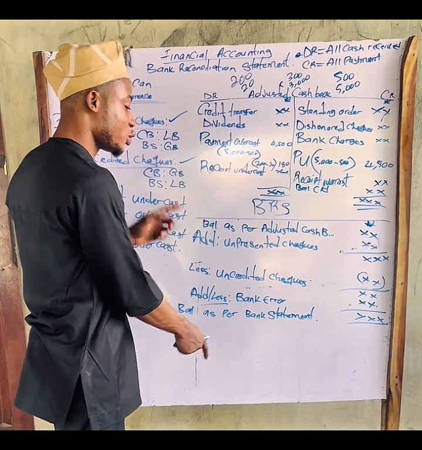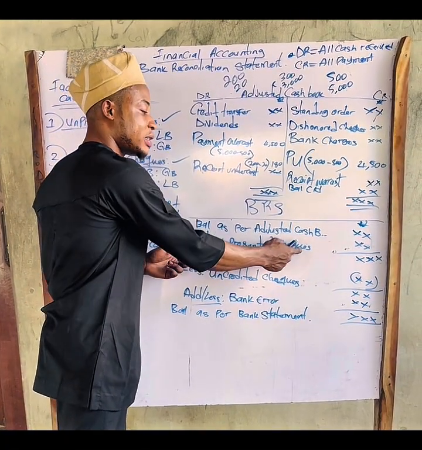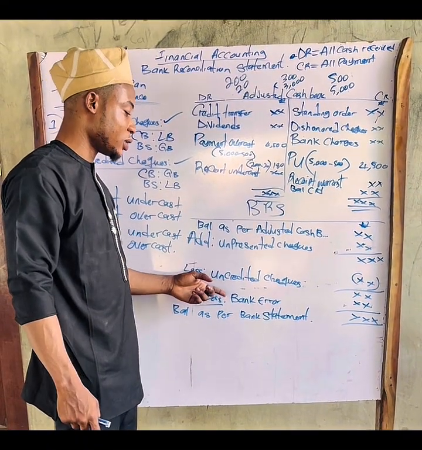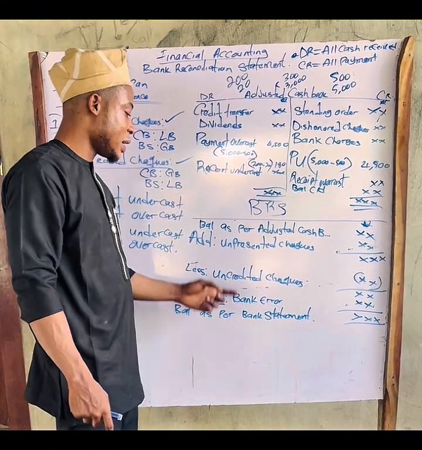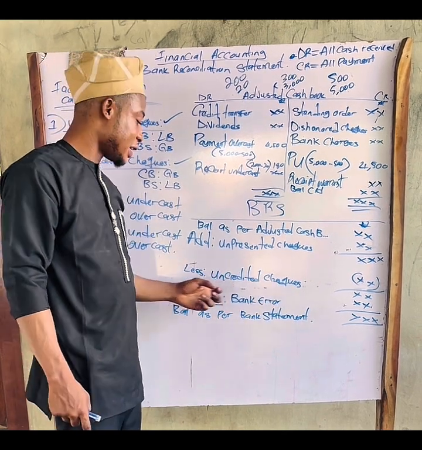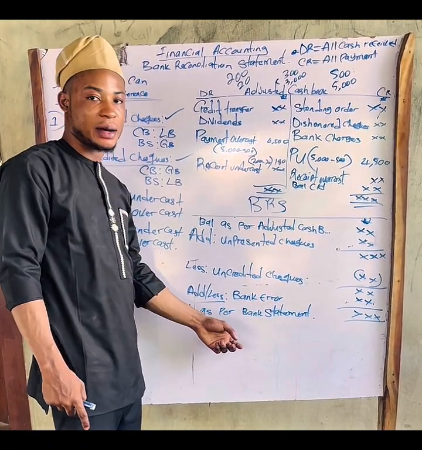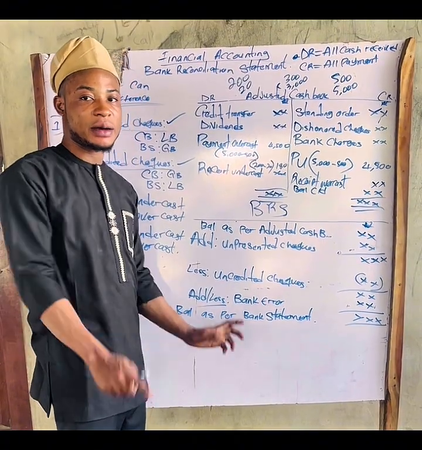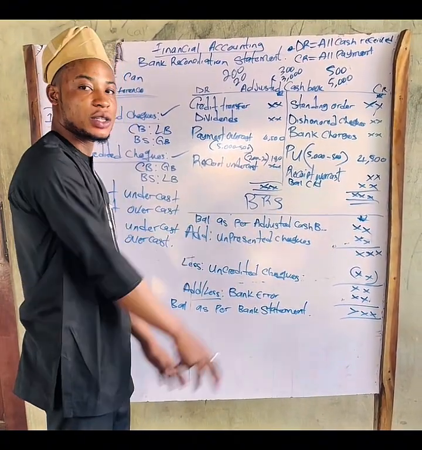The only thing is that you are going to do the reverse of this, where we add unpresented checks. That is, unpresented checks will be less from the balance as per bank statement, and uncredited checks that are deducted here, we are going to add to the balance as per bank statement if you are starting with balance as per bank statement. But if you are starting with balance as per adjusted cash book, this is your format,